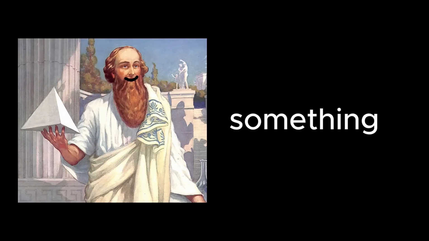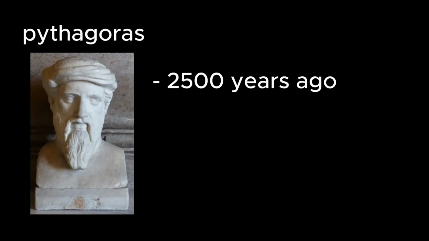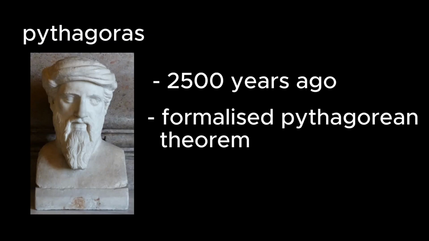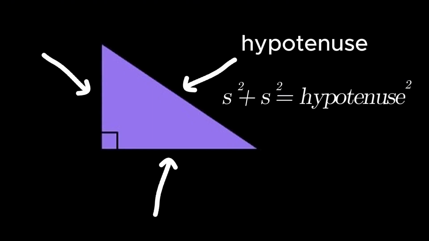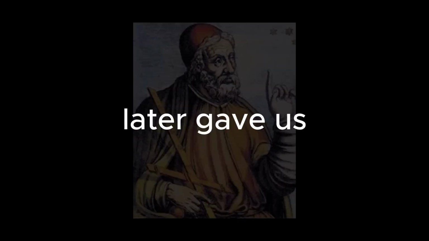Hey, want to see something cool? Said a man named Pythagoras almost 2,500 years ago as he formalized the Pythagorean theorem. It tells us that this side, called a hypotenuse in a right-angled triangle, equals the sum of the squares of the other two sides. But that's freaking whack, said this guy who 300 years later gave us a way to